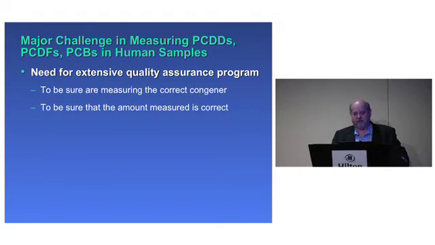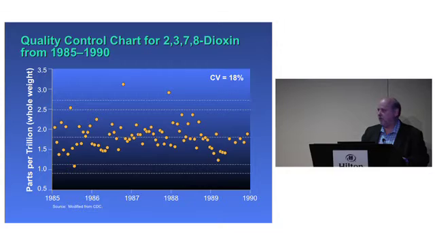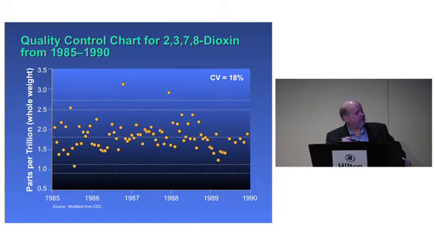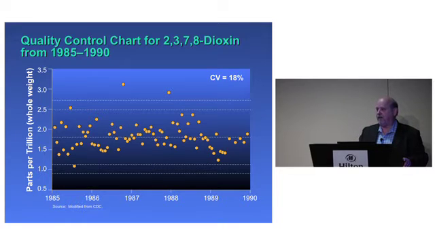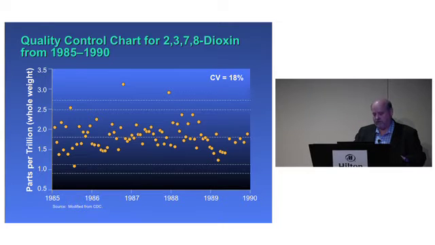You need an extensive quality assurance program because you want to make sure it's the correct congener, because they're not all equally toxic. You have to be sure that the amount measured is correct, so it does require long-term quality control, and this is just one example to show you a chart for TCDD from 1985 to 1990. The mean here is about 1.6 parts per trillion, and these QC materials are inserted in all the analytical runs and run along with the unknowns, and the QC has to meet certain criteria in order to report the results